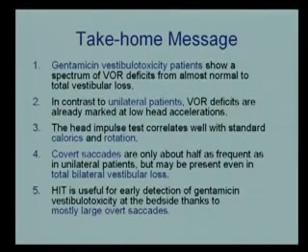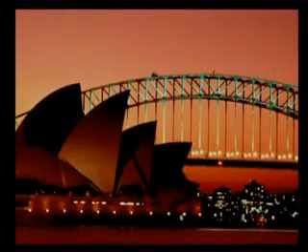Covert saccades are not as frequent as in unilateral vestibular loss patients, but might be present even in total bilateral loss. The head impulse test, we think, is useful for detecting early gentamicin toxicity at the bedside, mainly due to the large overt corrective saccades. Thank you very much, and the work on this is continuing in Sydney and around the world,